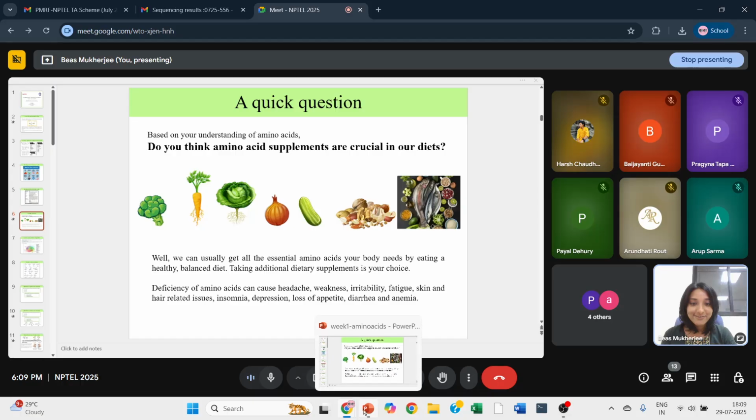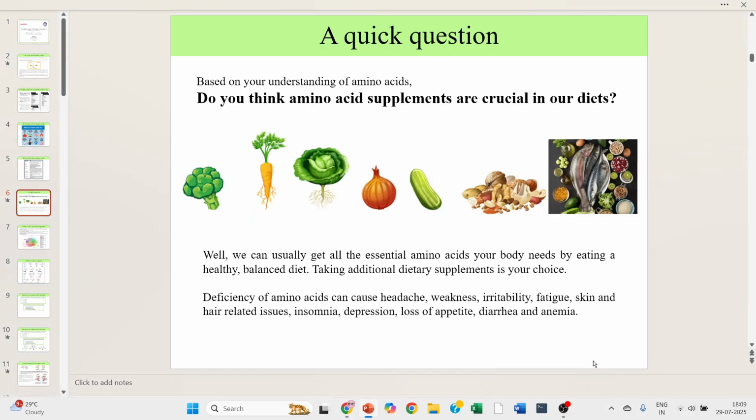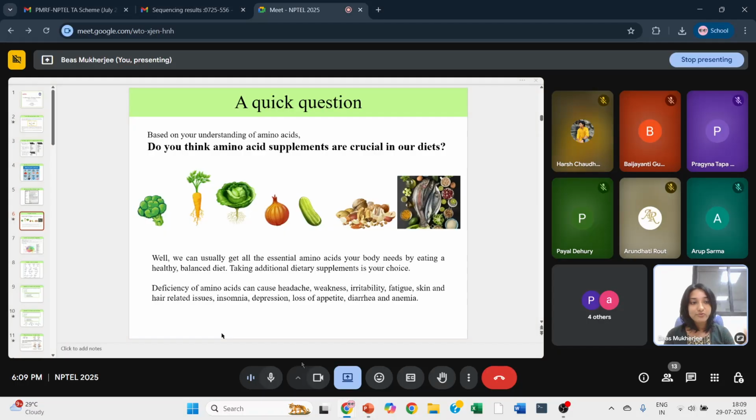Actually, the answers and all are visible. So, I hope we could make it a slideshow, but then you'll not be able to follow up if I make it a slideshow. Anyway,